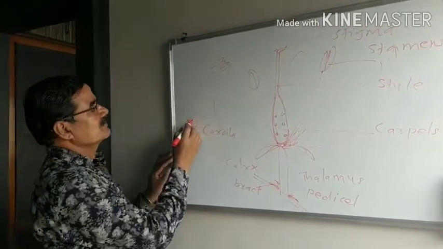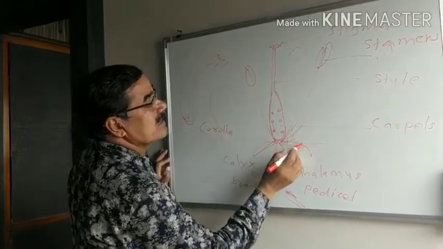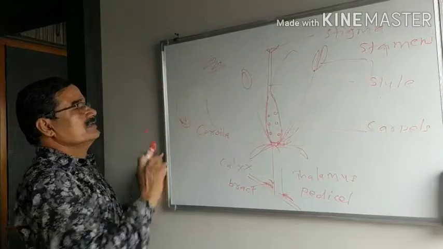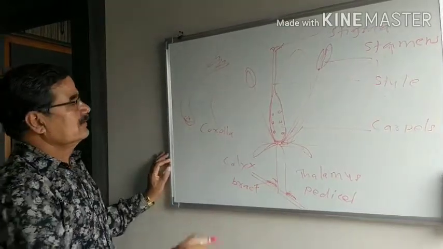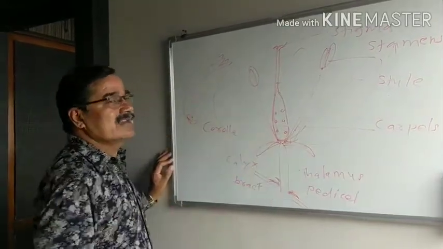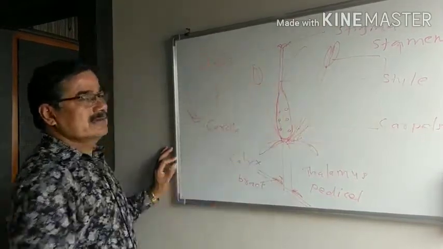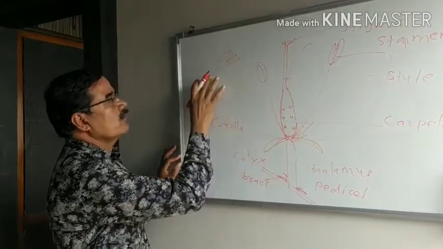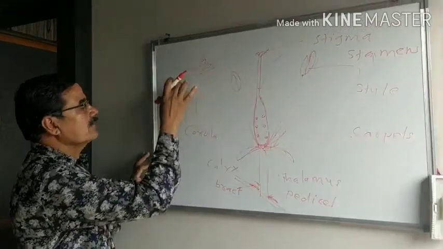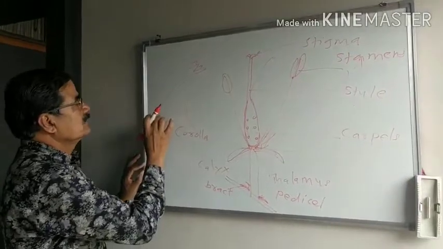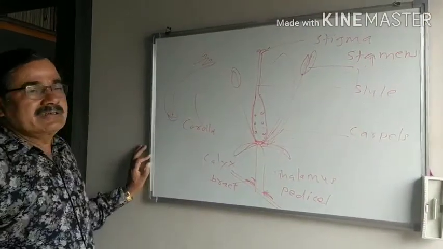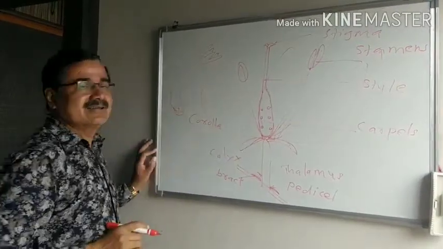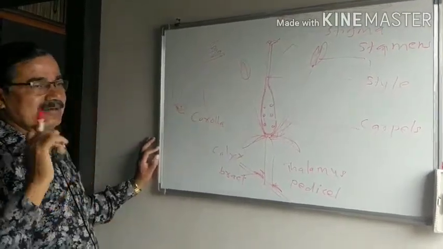In this tuberose, the accessory whorls, calyx and corolla, are not separated from each other. The calyx is green in color, the corolla is a bright shining color. Such structures are not differentiated from each other. They are fused to each other. This part is known as the perianth. Therefore, the tuberose flower is an incomplete flower.